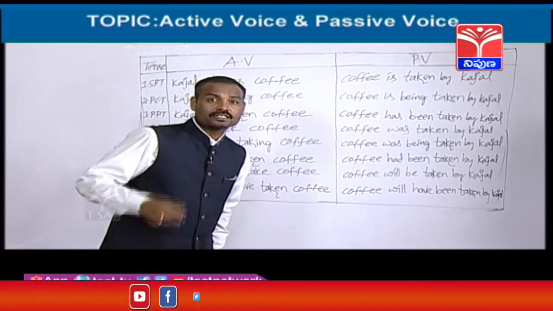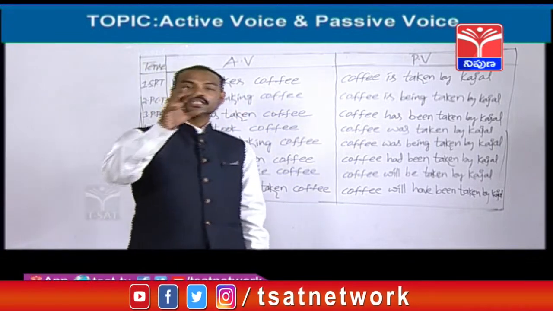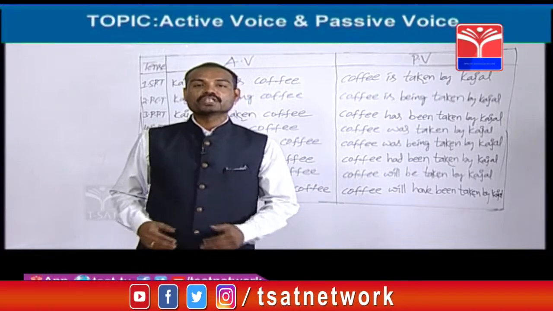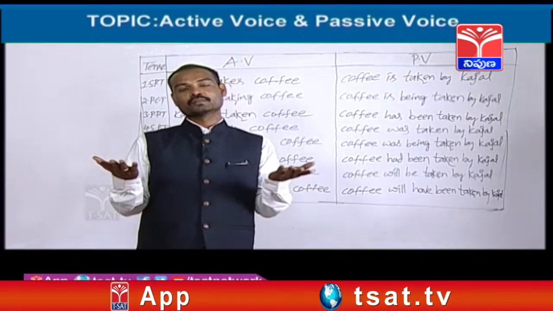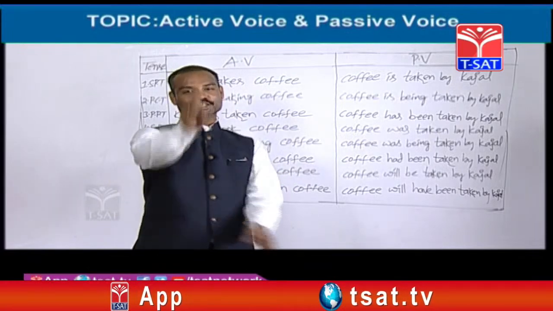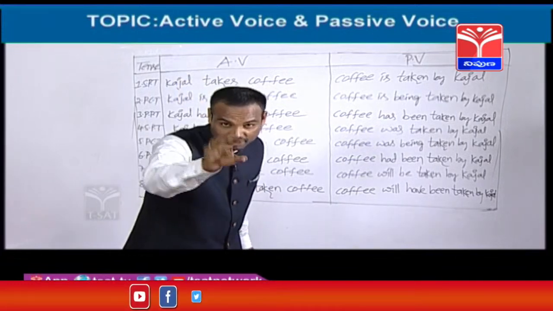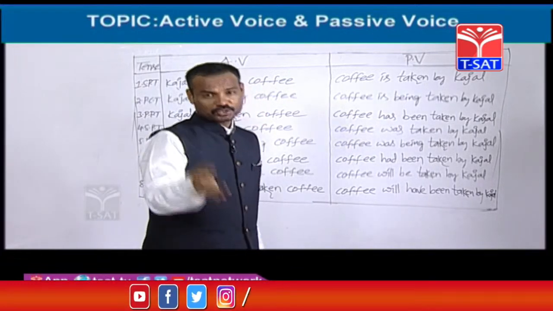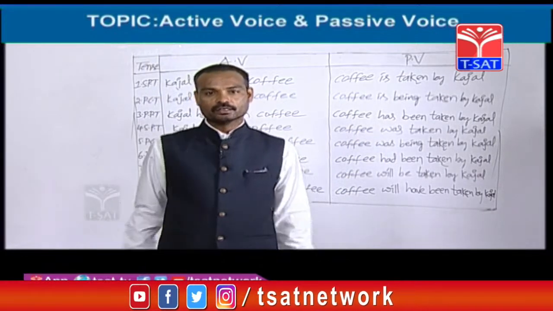You are telling that we cannot see any change. How can you say that? Okay. See friends, in any tense, if there are more than one or two helping verbs, you can find out changes. But in past perfect tense, there is only one helping verb. How can you expect changes? Only one helping verb is there, that is had. So whether it is a singular object or plural object, had only should be taken, had been only.